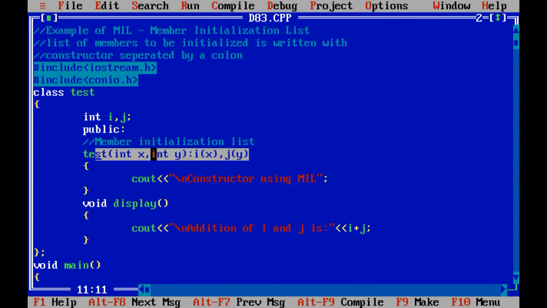In our previous program, we have seen only one integer variable. Over here we have taken two variables because I want to show that variables can be separated by a comma.